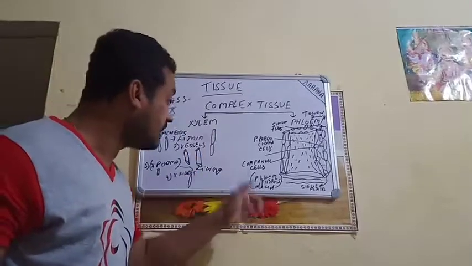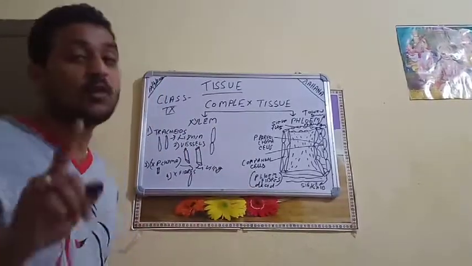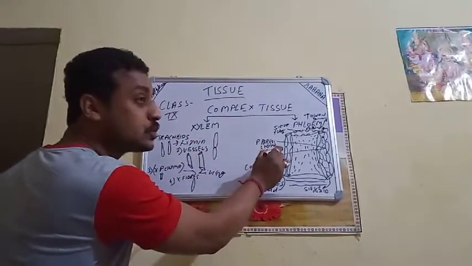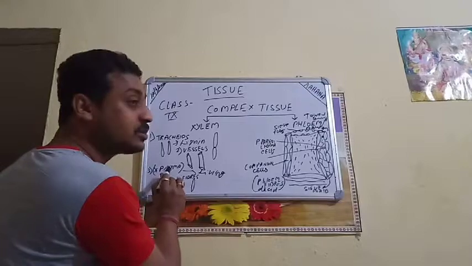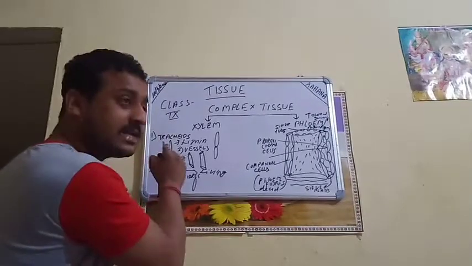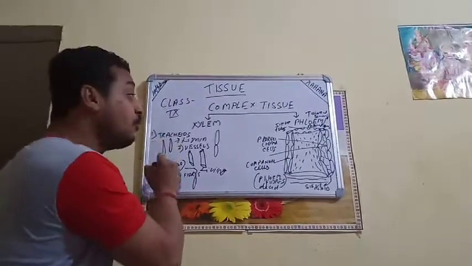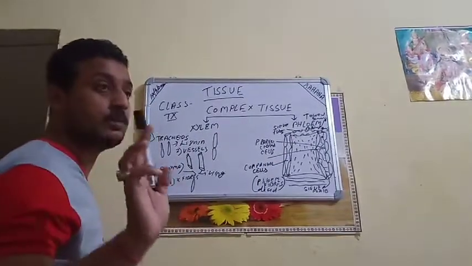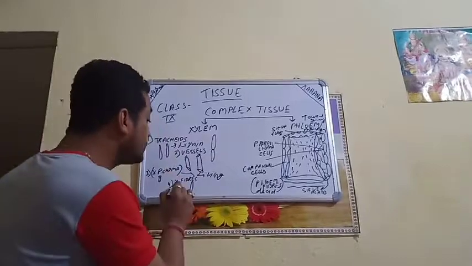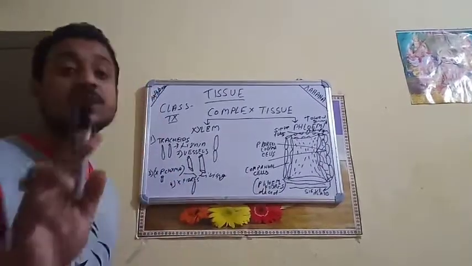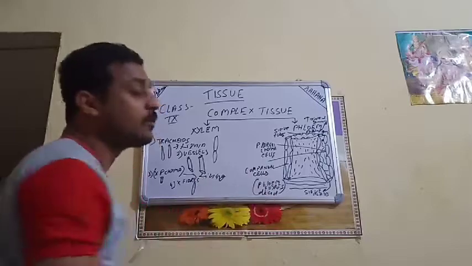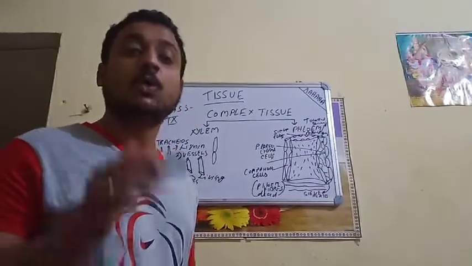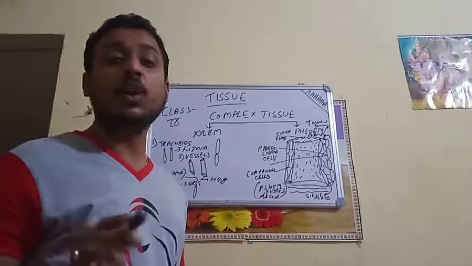In the last point, the phloem fiber. The phloem fiber shares the same function with the xylem fiber. Just like the phloem parenchyma stores the food, xylem parenchyma stores the water and minerals, and in some plants, as I said, xylem parenchyma may store food when the phloem is not working, but not in gymnosperms, only in big trees. Now, xylem fiber and phloem fiber share the same function: they provide mechanical strength to the plant so that the plant cannot be easily uprooted. Go through the text, match it with the video and try to understand it.